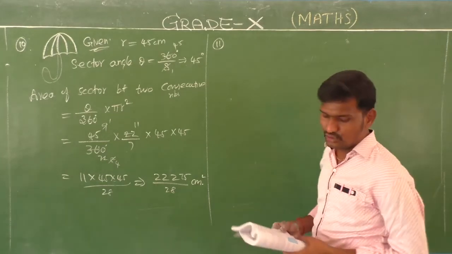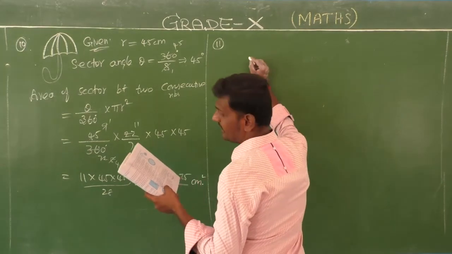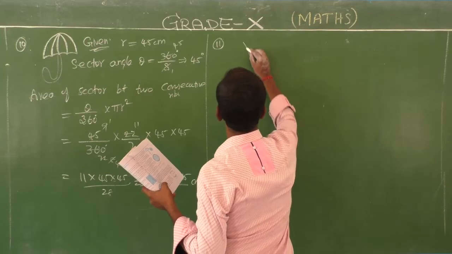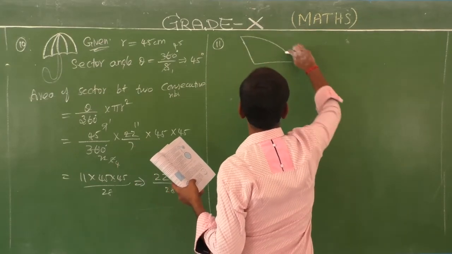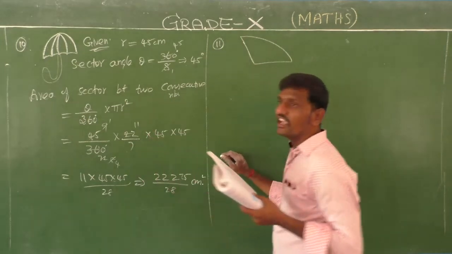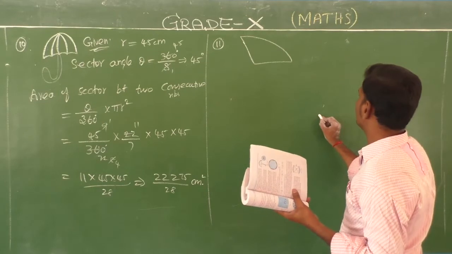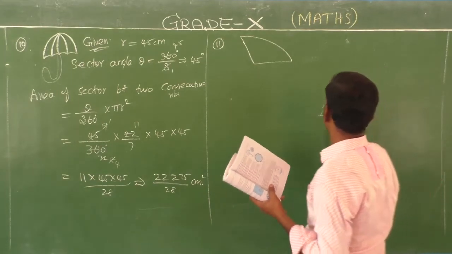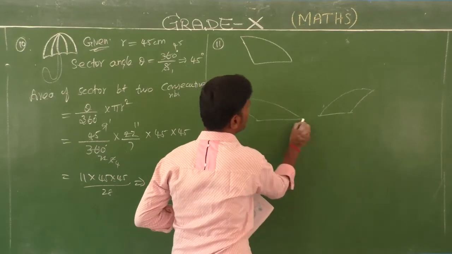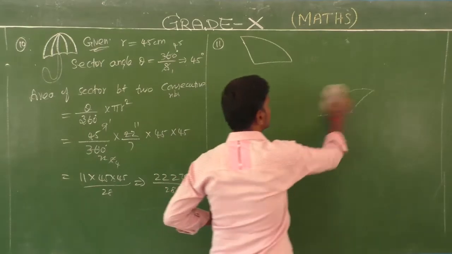Yes? Okay. So you have to imagine it like this. The question number 11, 115 degree is given. So imagine this is one wiper. In a car you have two sides, two wipers. So on this side one wiper and on this side one wiper, like that in the car. Have you understood, students?